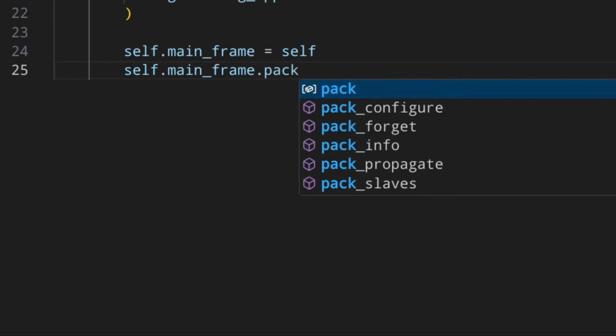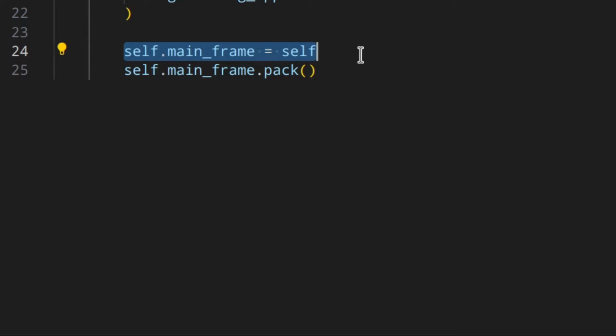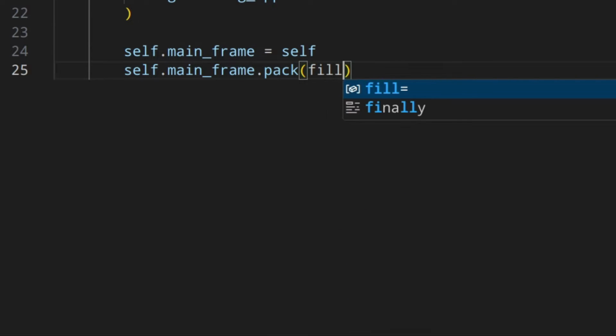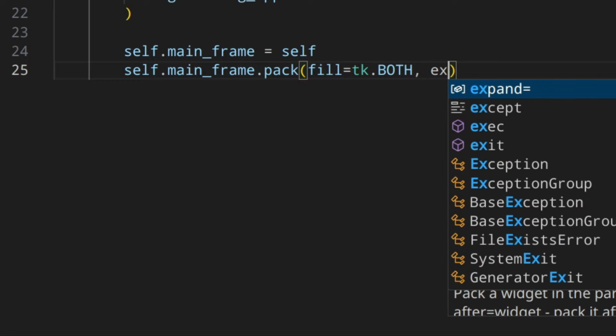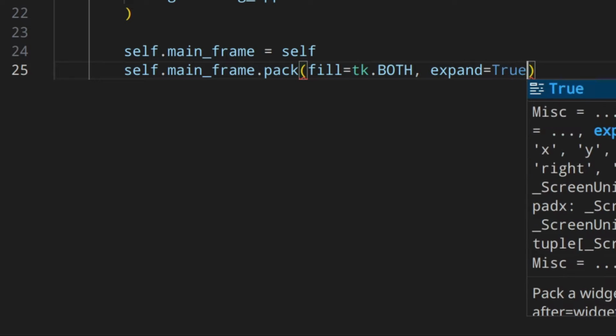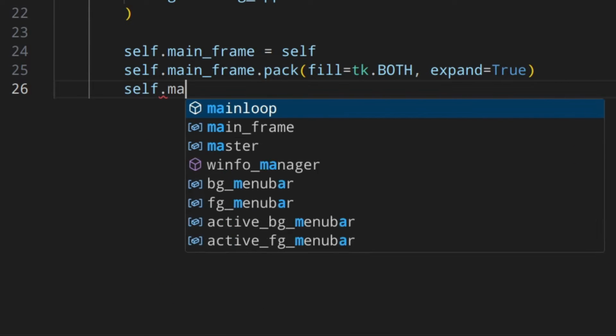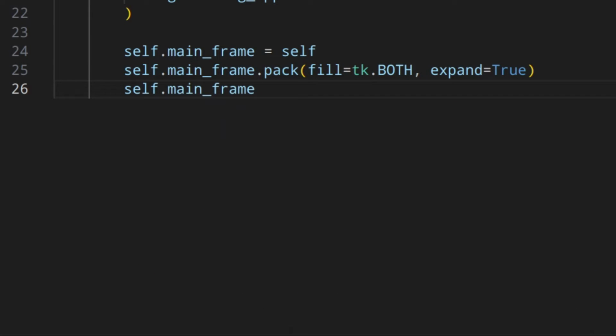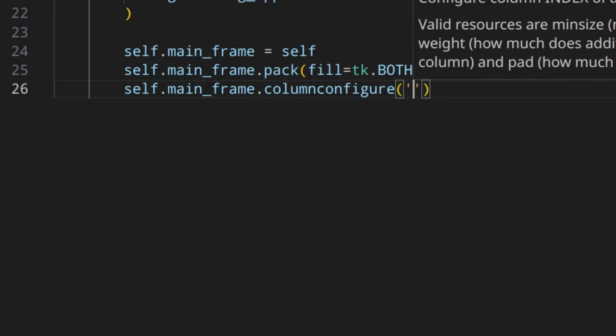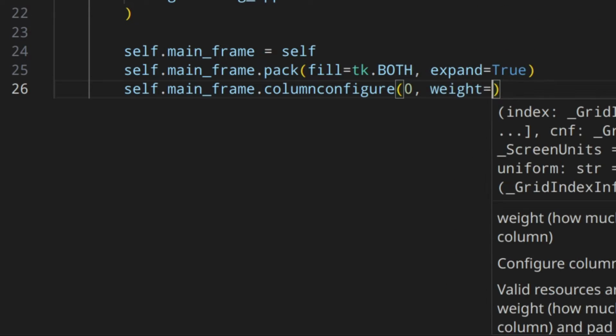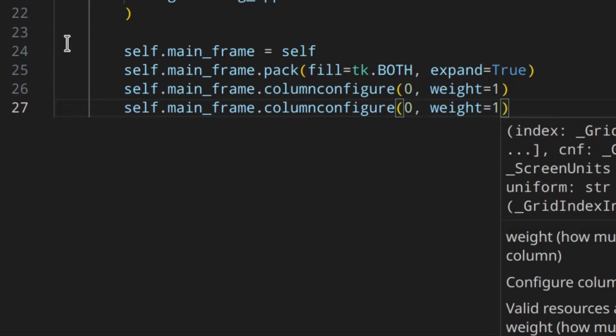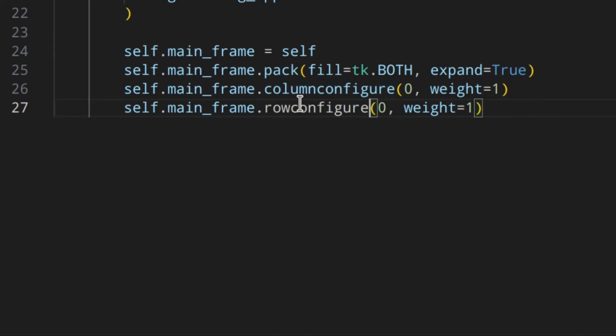This is not necessary because basically I actually do that so we actually see mainframe instead of just self, but that is not something that you need to do. You can do that if that makes sense for you. Then pack with expand true, then self.mainframe.columnconfigure 0 weight 1, and then same thing for the rowconfigure like that.